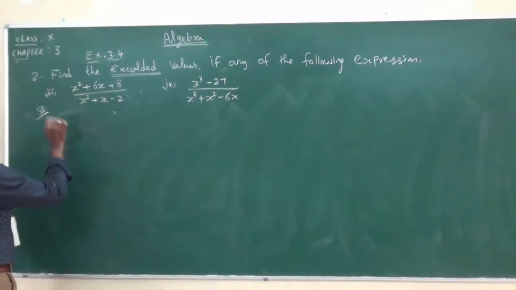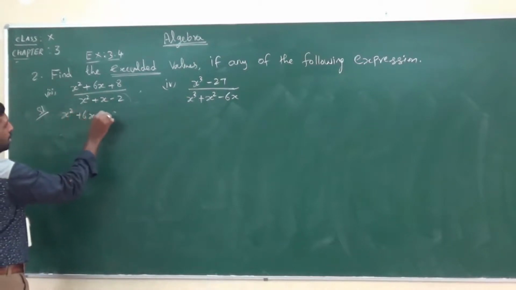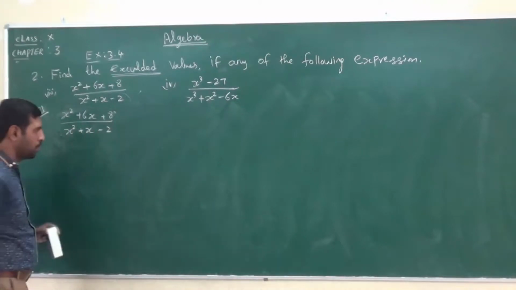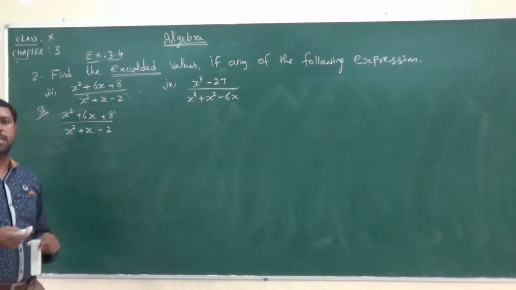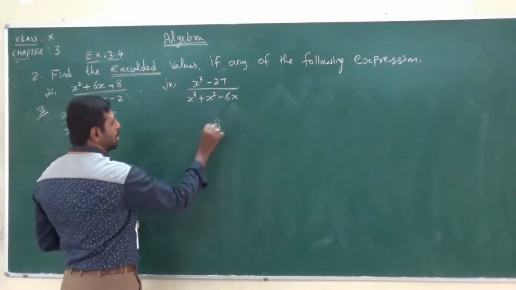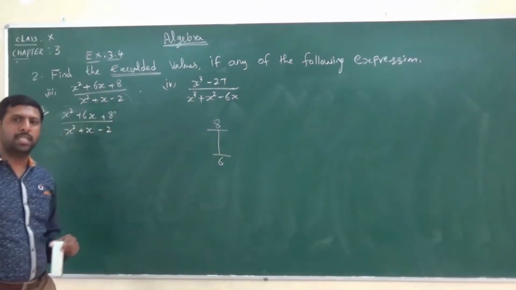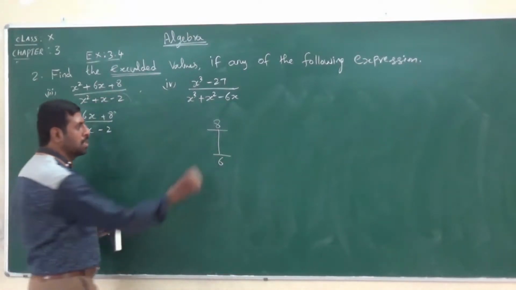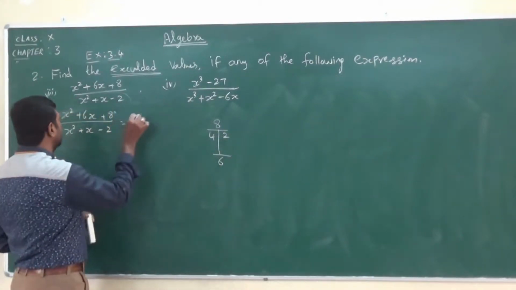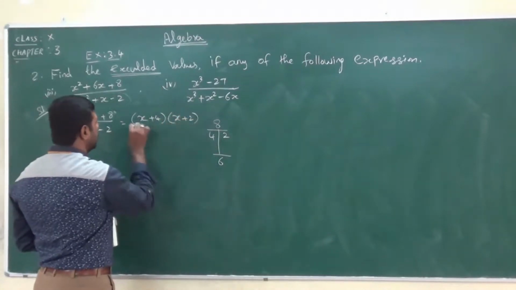The solution can be taken as the third Roman number. First, x square plus 6x plus 8 divided by x square plus x minus 2. Both the numerator and the denominator are quadratic expressions, so you can easily factorize them. For the numerator, when you multiply we get 8, and if you add we get 6. The simple factorization is 4 twos are 8, and if you add, we get 6. Then the factors are x plus 4 and x plus 2,